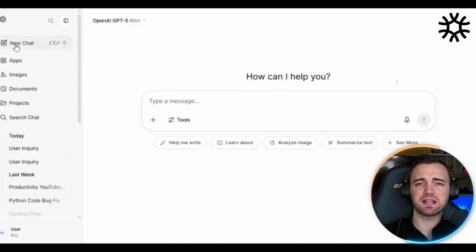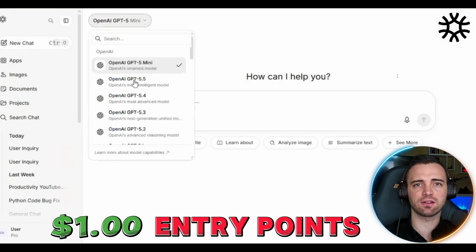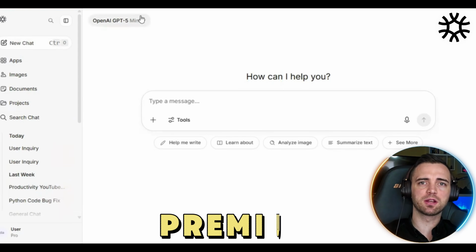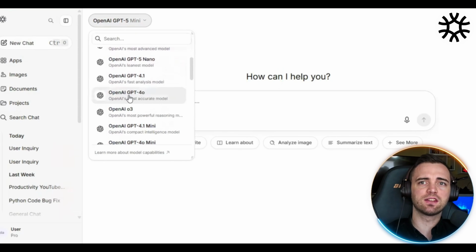subscriptions. Now, this is basically the ultimate AI dashboard, and it's only a $1 entry point, so massive savings on that first month. You can start using these premium models right now with a $1 trial, while subscribing to the individual pro plans